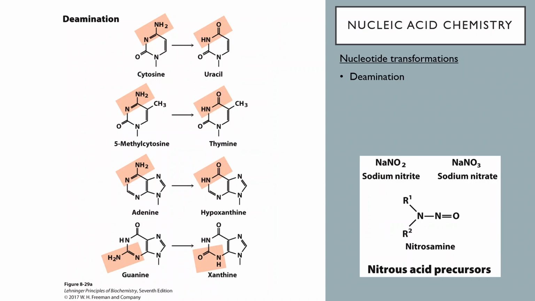Now, another thing that's important about nucleic acid chemistry is that the nucleotides can be modified. And those modifications are important because many times these modifications happen to DNA as a result of either toxic chemicals from the environment or other factors that change the nature of the nucleotide, which can then lead to mutation. So a mutation occurs when you have a base in a DNA sequence that is substituted for a different base,